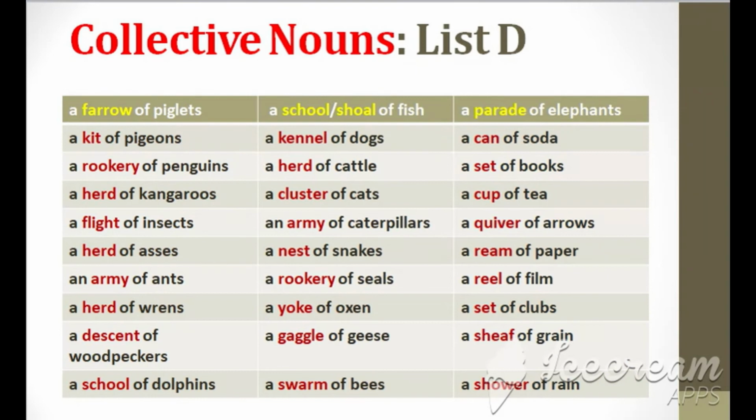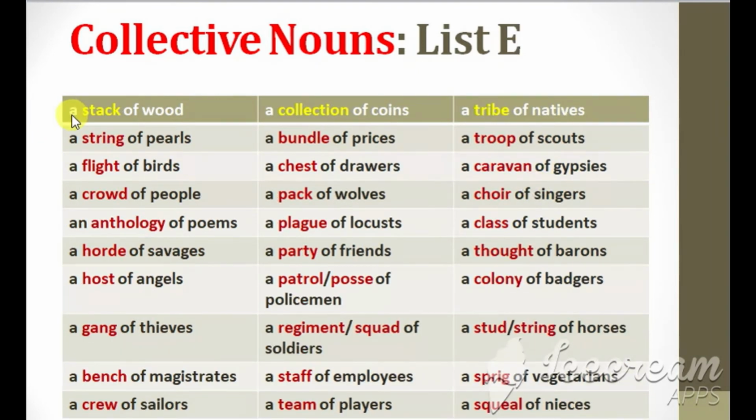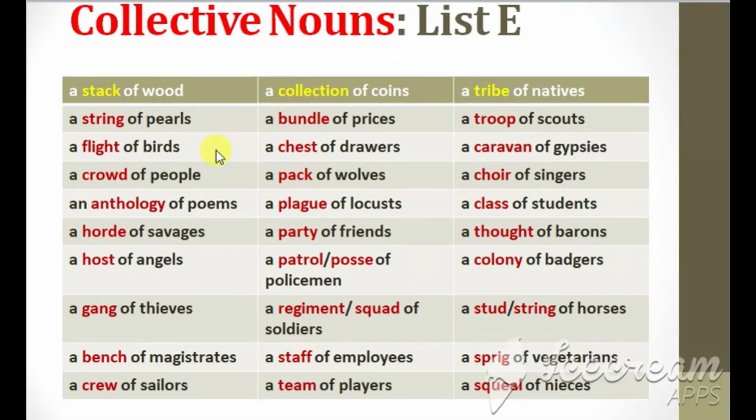rain, a stack of wood, a string of pearls, a flight of birds, a crowd of people, an anthology of poems, a horde of savages, a host of angels, a gang of thieves, a bench of magistrates, a crew of sailors, a collection of coins, a bundle of prices, a chest of drawers, a pack of wolves, a plague of